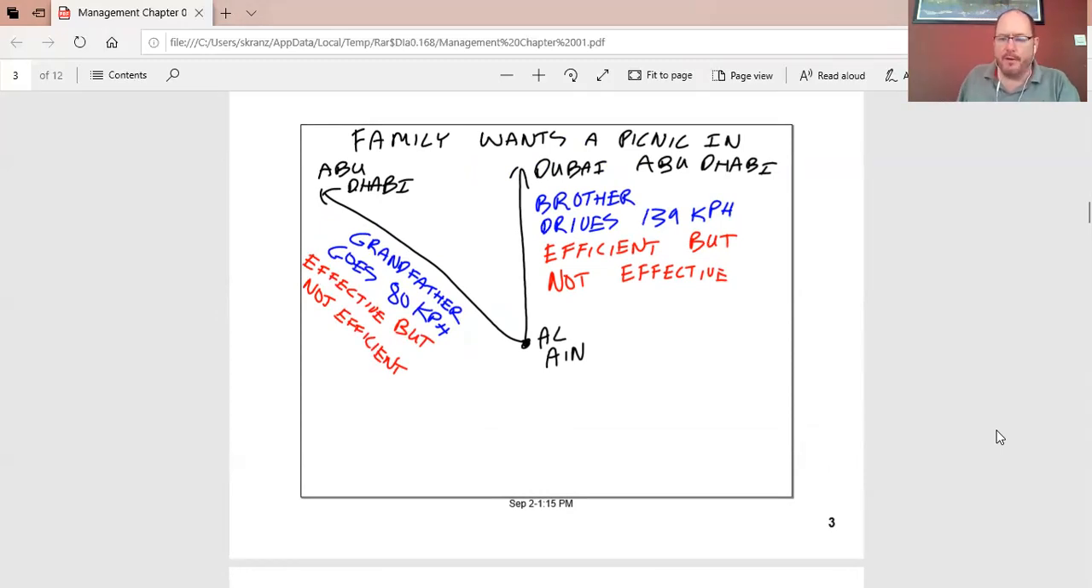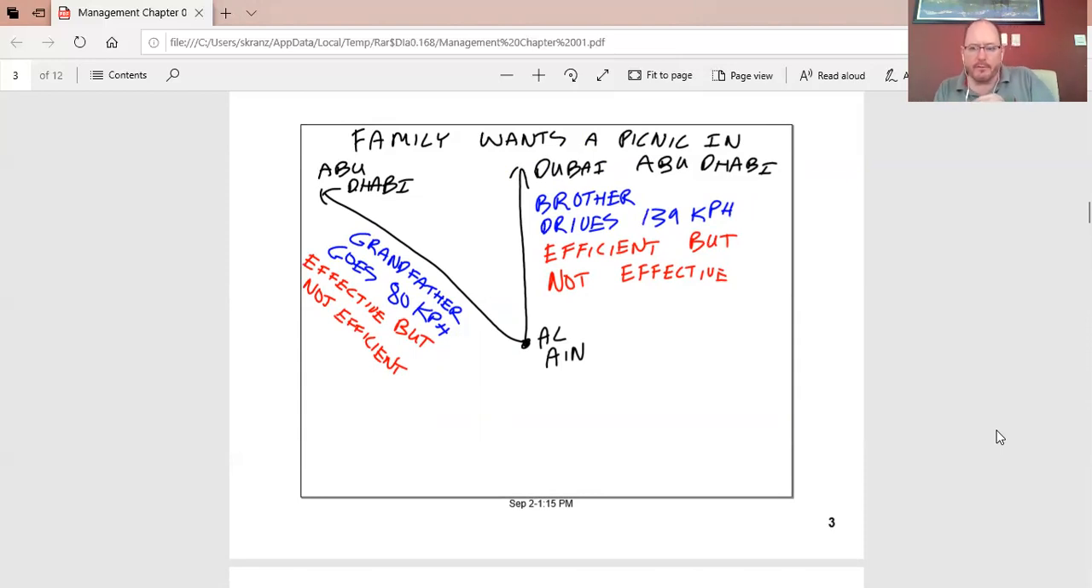The fact that you have a younger brother or sister who will be crying, I don't want to get to Abu Dhabi, that would be boring. That is where you need to be a leader. You have to inspire, you have to motivate. That's leadership. And then finally, the control function is